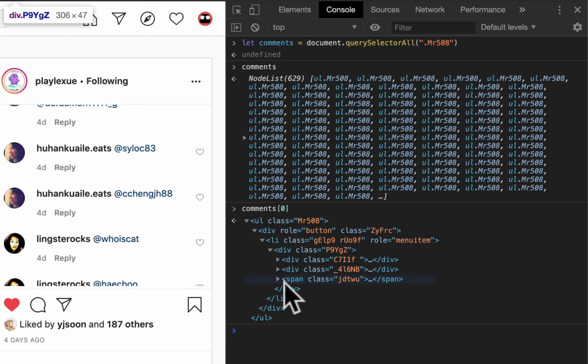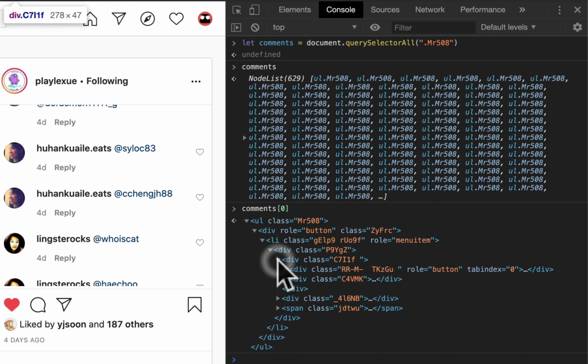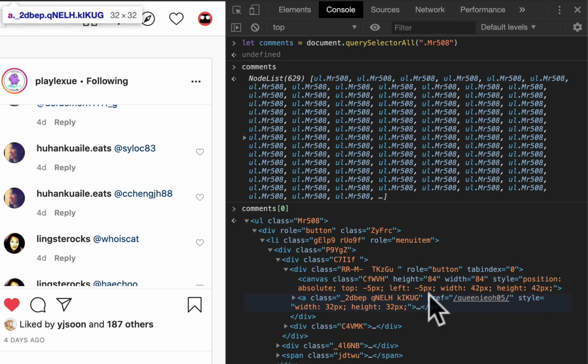And what I really want is to generate a random number from 0 to 628. Then what I'm going to do after that is try to get the person's username out immediately. So I'm just going to dig around until I find the username. All right, and there we go. Here's an href. If I just get the href property of this A element, I can then declare a winner for the playlist share.